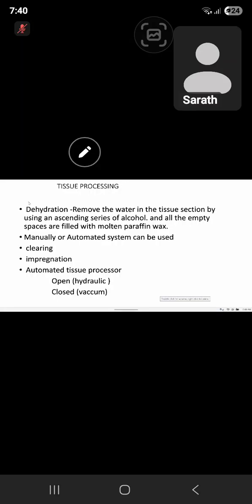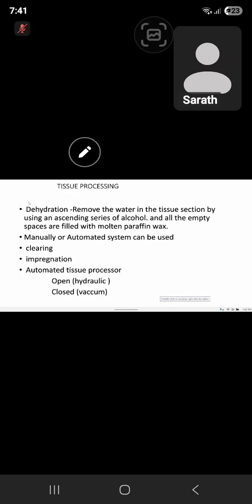there are three functions that take place. Number one, dehydration. Second one, clearing. And third one, wax impregnation. So under the processing, there are three subheadings to be discussed. Number one, dehydration. Second one, clearing. Third one, impregnation. Dehydration means you have to remove the water from the tissue by using an ascending series of